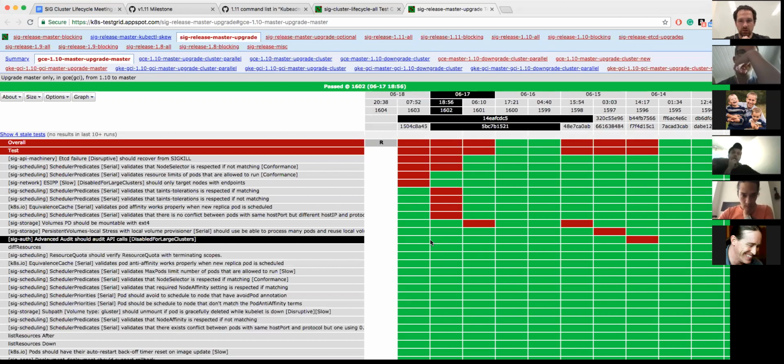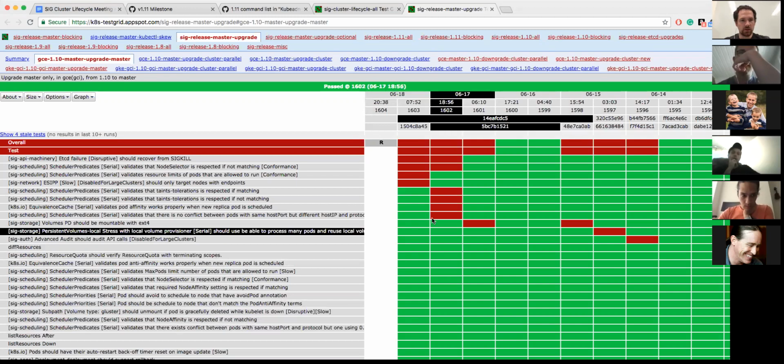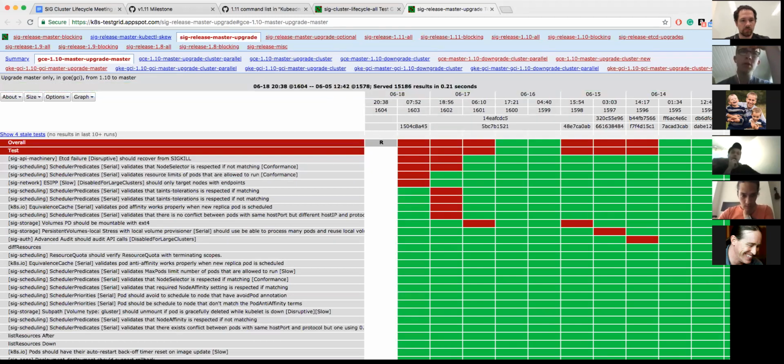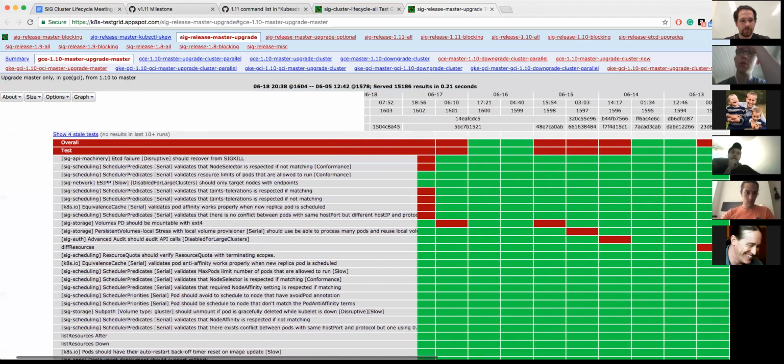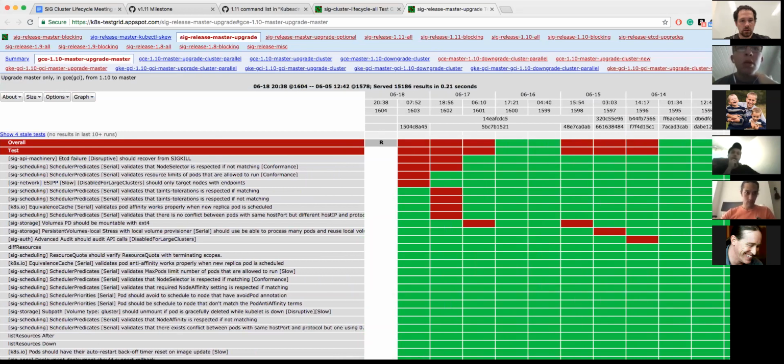So it looks like the upgrade tests are also flaky. I know someone's looking at the reboot tests being flaky. I don't think anybody's looking at this yet. But this has been flaky for a while, and this is not related to kubeadm. So this is the cluster stuff, right? I'm pretty sure it is. Yeah. This is all driven off the bash script to upgrade clusters. Yeah. So go ahead, please.